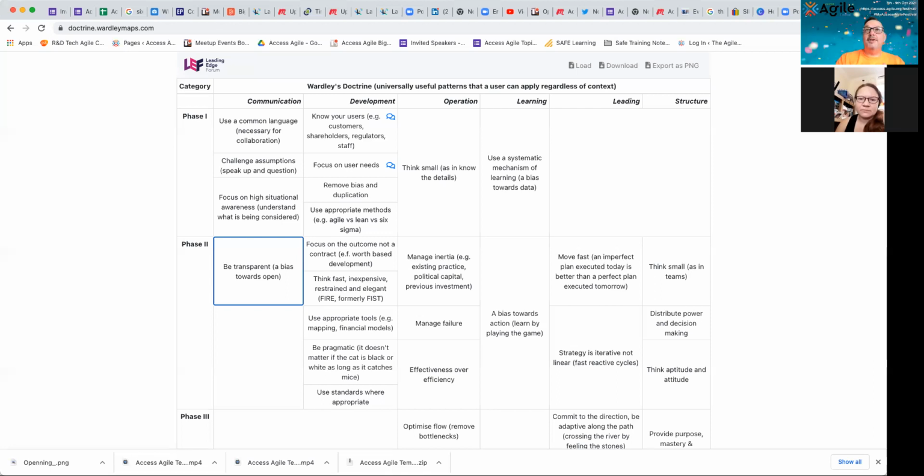We also do some development and knowing our users, customers, focusing on user needs, trying to take our bias out of it, and trying to use appropriate methods. So again, we did a lot of that in the first February experiment, and we're doing different things in the next experiment. So one of the things that we do coming forward, when we learn from what we've done here, is we do need to try and develop some more personas, customer journeys, and just try to capture who's coming and why, and understand that a little bit.